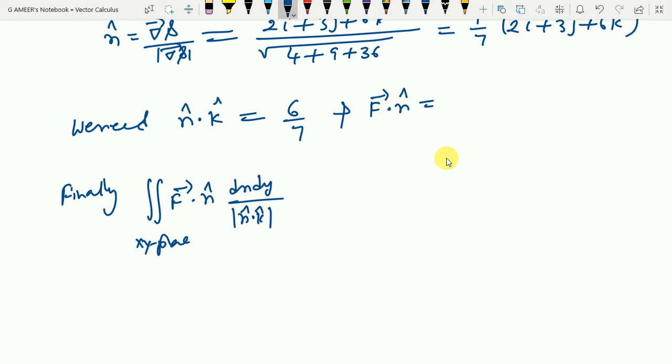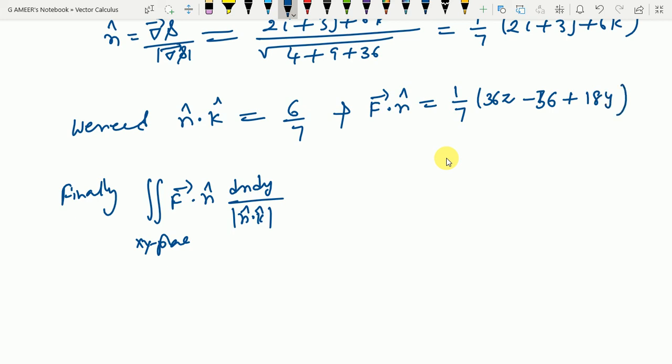In the dot product of the f vector they have given, the x component contributes with x, the y component with y, and the z component with z. So f dot n, I'll get, here it is 1 by 7 anyway, common for both. Then the x component is 18z here and 2i there, so that is 36z. Here the y component is 3, there it is 12, so minus 36, 12 into 3. Then here it is 6 and there it is 3y, that is 18y.